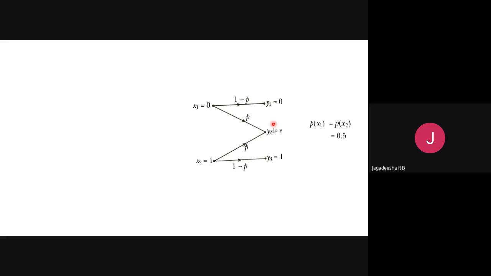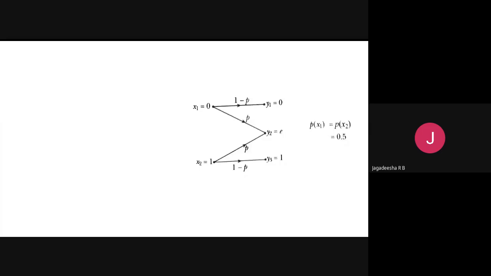The receiver has three collection points, maybe three antennas to receive this, or three sub-channels to receive this, and so on. When x2, which is a symbol 1, is transmitted, then